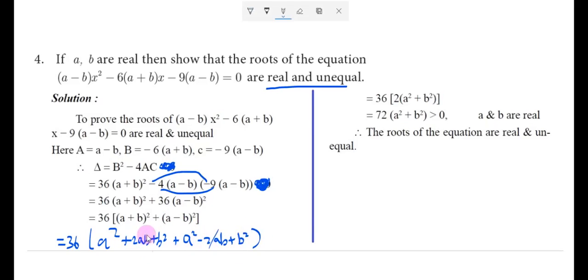So minus 2ab plus 2ab cancel, and 36 into a square plus a square, so 2a square, and b square plus b square, so plus 2b square. Take 2 outside, so 36 into 2 into a square plus b square. 36 into 2 is 72. So 72 into a square plus b square. 72 is greater than 0. A square value is